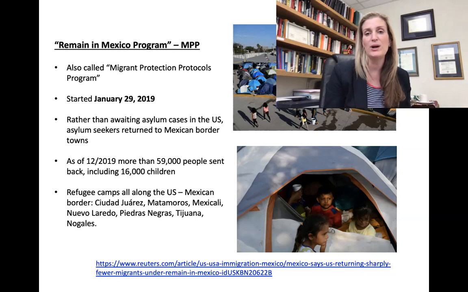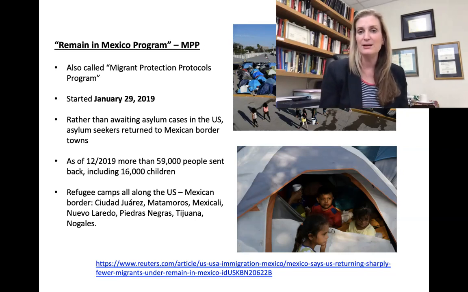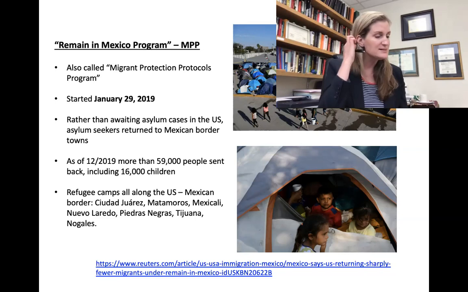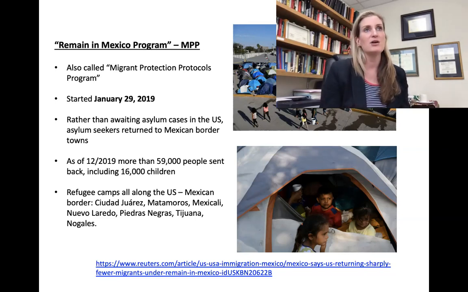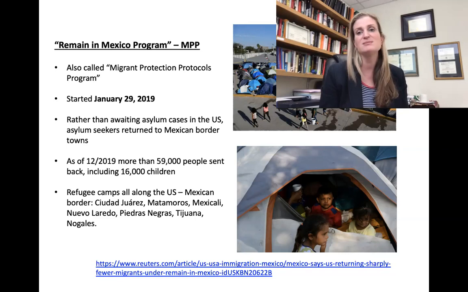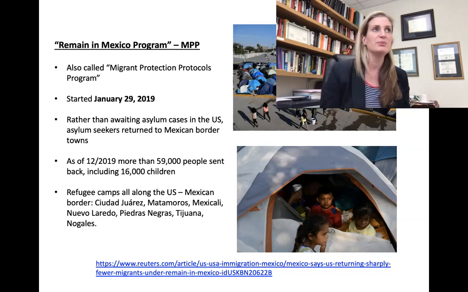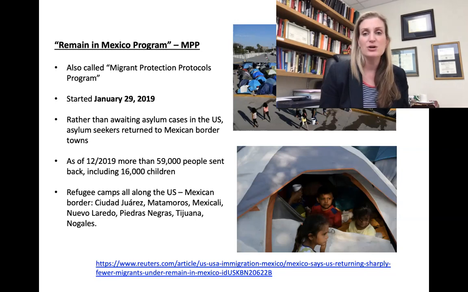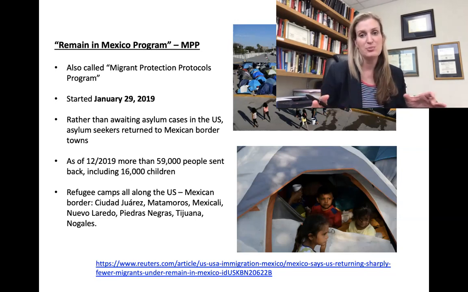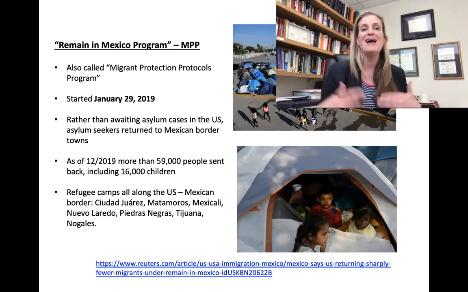And so in the past, what has happened and what should happen is that when people declare asylum in the United States, they're given a court date, and oftentimes they're released to homeless shelters or to Catholic Charities services. It's most often nonprofit organizations that provide shelter to these people while they await their day in court to plead their case. Under zero tolerance, these folks were separated from their families and put in detention centers, which is what's happening. But now with the MPP program, rather than even just being detained in the United States,